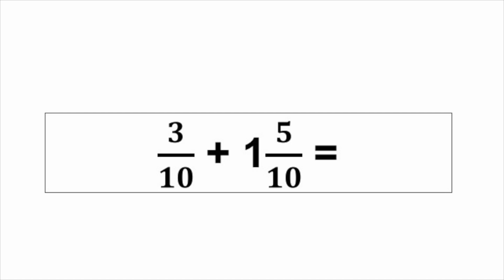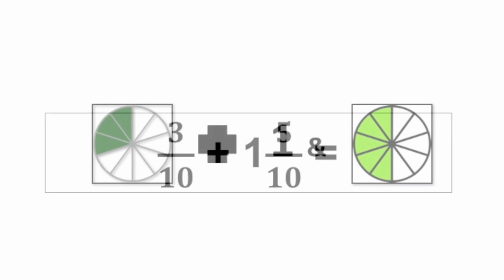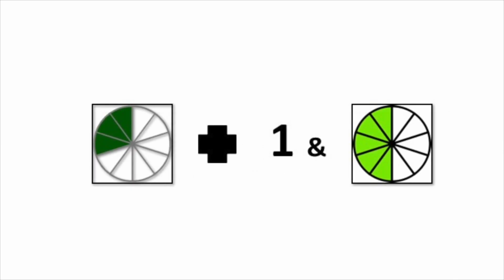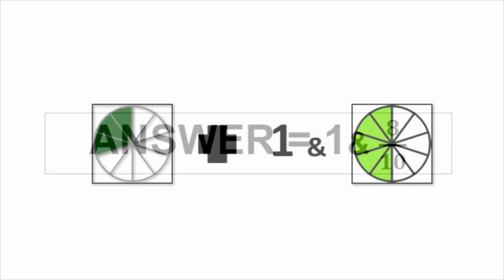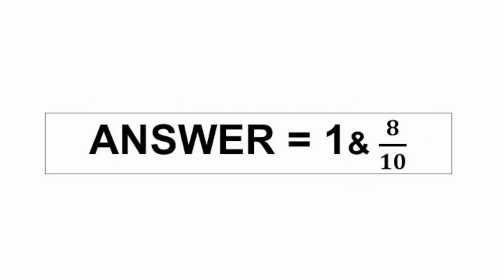Perfect. You see? We don't have to do anything with the whole number. That's not a fraction. That stays the same. But 3 over 10 plus 5 over 10 equals 8 over 10. So when we put the two fractions together, the fractions look like this. If it helps you to do the diagram first, we have 3 over 10 plus 1, our whole number, and 5 over 10. And the answer is,